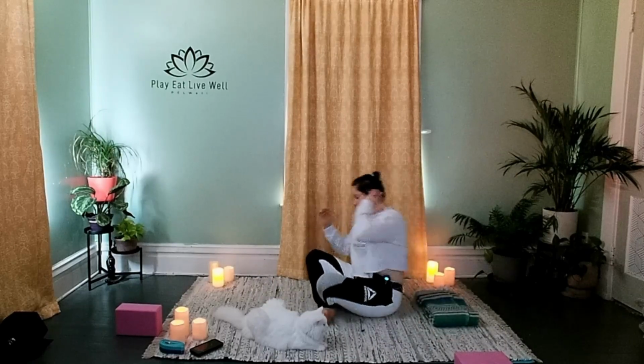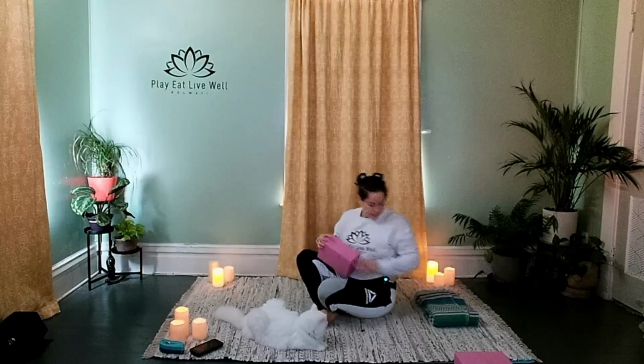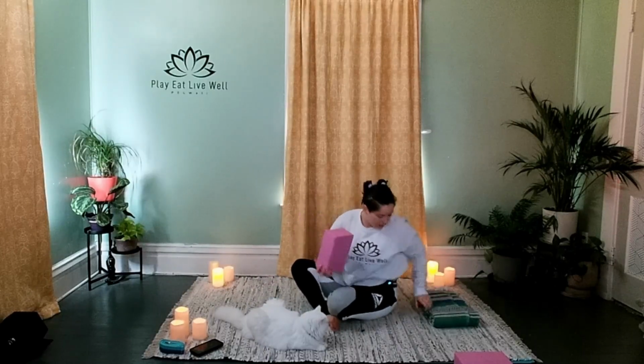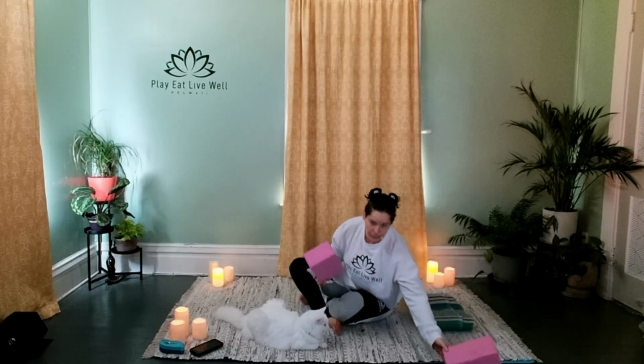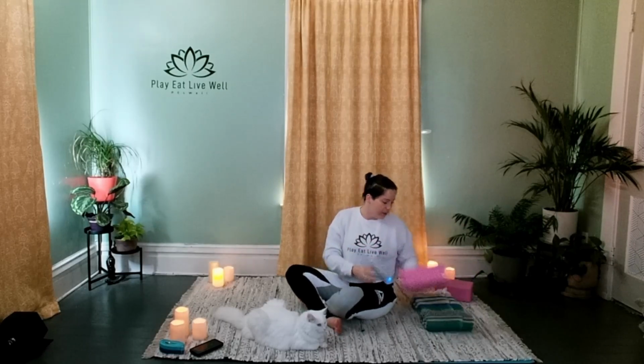So if your hips are really tight, it might be helpful to have your blocks. So you can place them to the outside of the hips. We're going to leave this blanket that we had folded in half for a pillow. I know for myself, my hips are a little bit more open and my shoulders are a little bit more tight. So if you feel like that's your body as well, I'm going to invite you to set your blocks